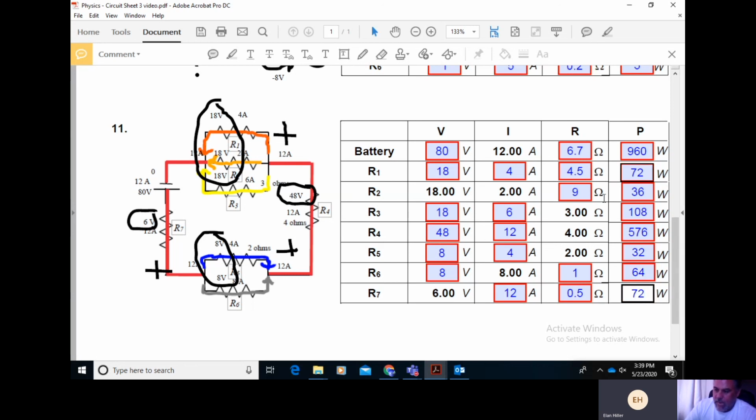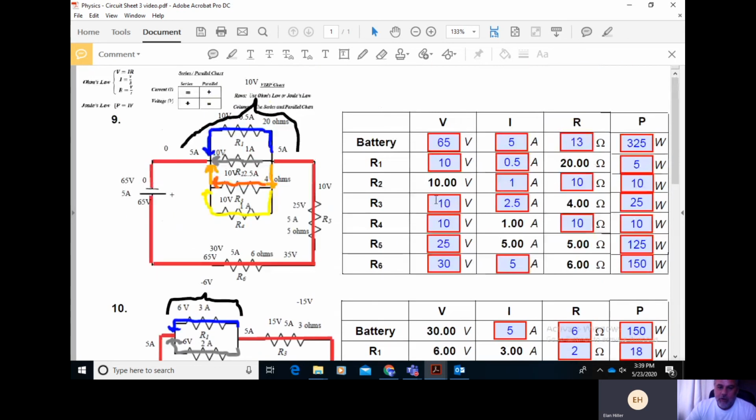Last step, go ahead and add up all these individual powers, and let's see if they add up to the total power of 960. 72 plus 36 plus 108 plus 576 plus 32 plus 64 plus 72. Indeed, all of these powers add up to 960. We know we did circuit puzzle number 11 correctly. I hope you have a better